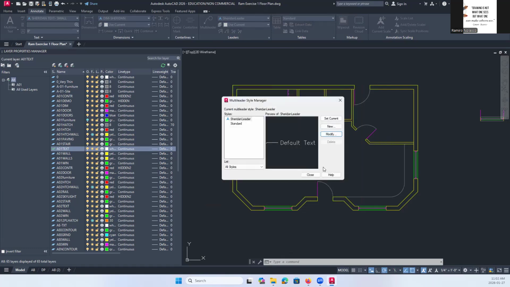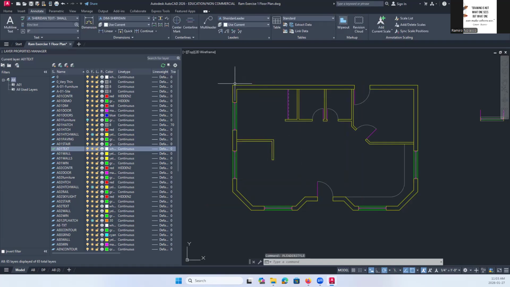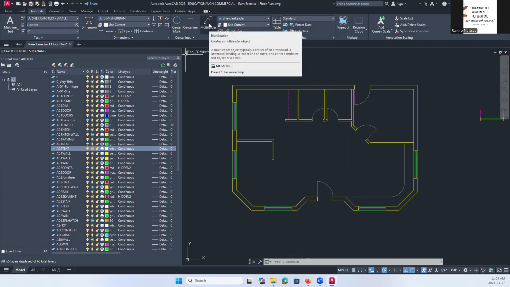Okay, click OK, set that to current, and close. Like I said, you can find that command under leader, and you'll see here some options. Okay, so you click multi-leader. So that was multi-leader style.